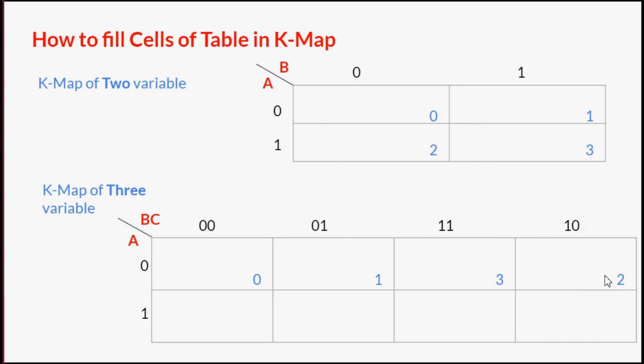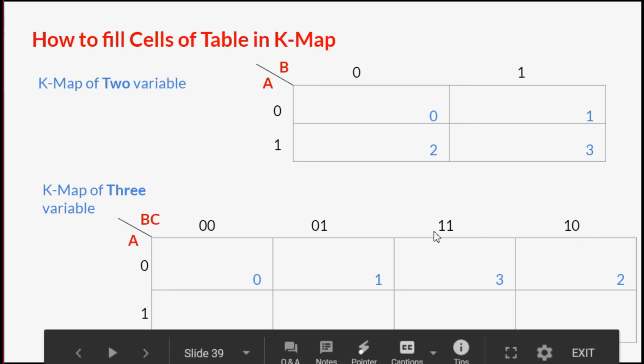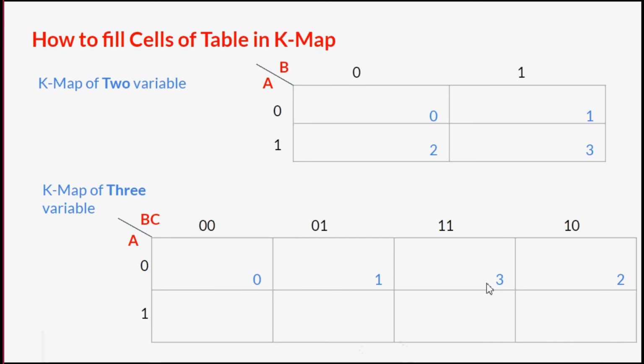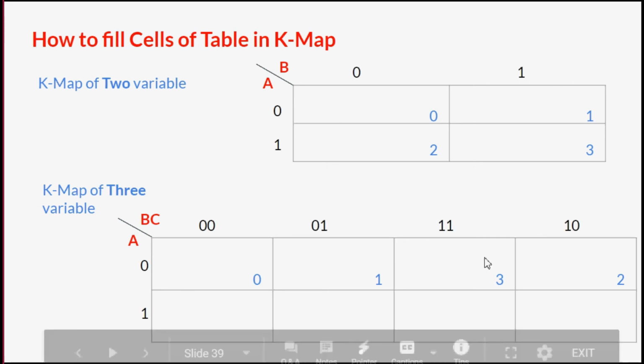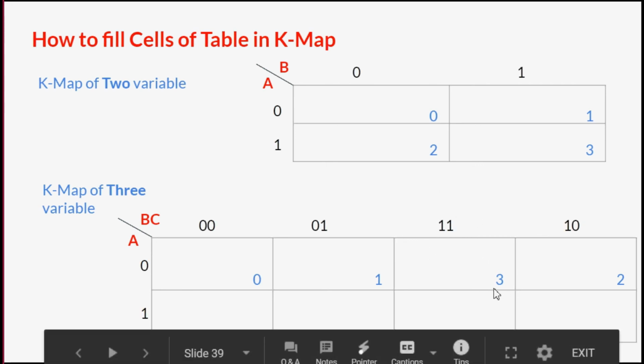Now see, in books you can find two different ways. If you represent 1, 0 here, then 2 will come here. That is entirely your choice where you want to represent it. Accordingly, the table is going to change. What I am saying is that if you write 1, 0 here at the third position, this cell will represent the value 2. Since I have written 1, 1 here, this cell is representing the value 3.